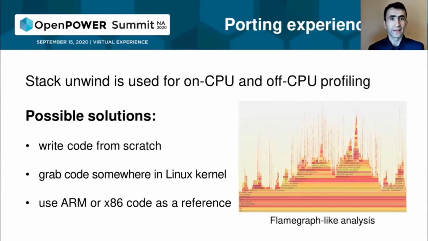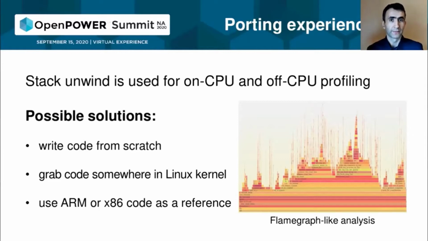Stack unwinding is used for on-CPU and off-CPU profiling. It allows us to do analysis similar to flame graphs. Everybody loves flame graphs, and definitely we want to have this feature in the tool we are porting. So, what options do we have to get it? We can write the code from scratch. It can be difficult. We can grab the code somewhere in the Linux kernel for OpenPOWER, and we can use ARM or x86 code as a reference